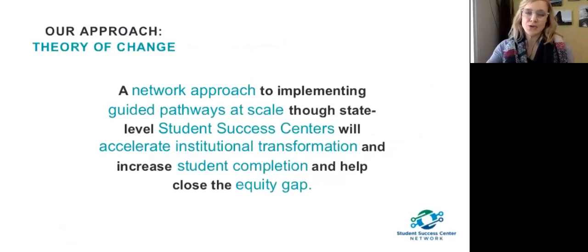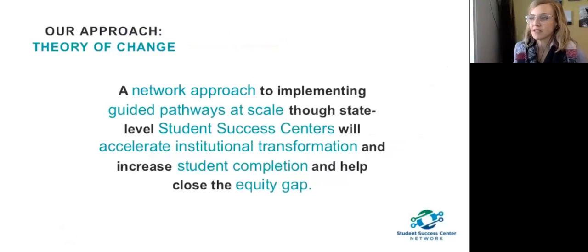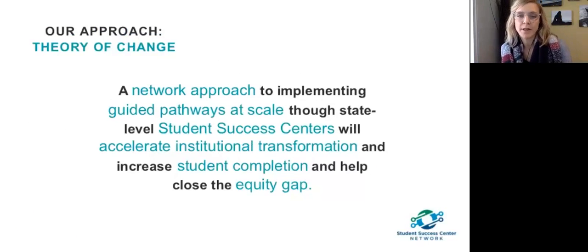So this isn't new to us. Our approach, or our theory of change, is a networked approach to implementing guided pathways at scale. Through state-level student success centers, we will accelerate institutional transformation, increase student completion, and help close the equity gap.